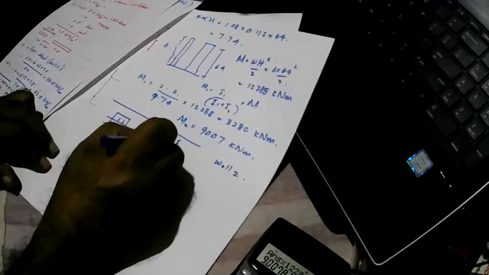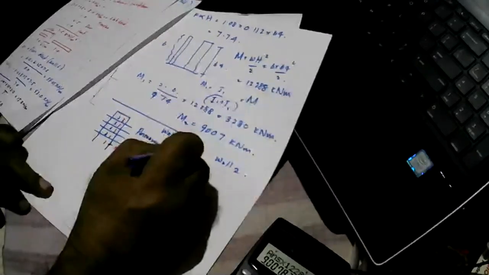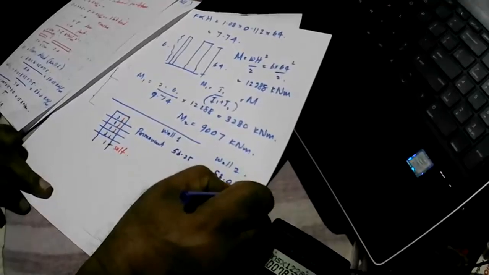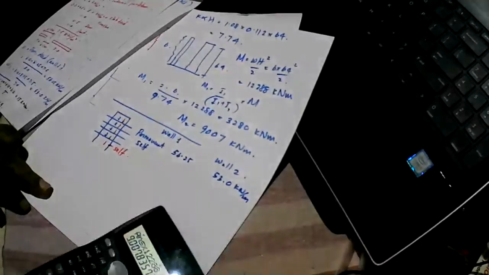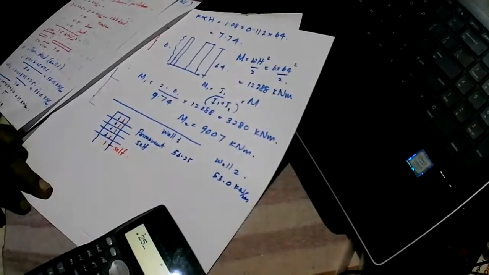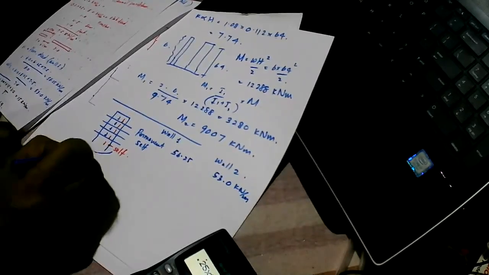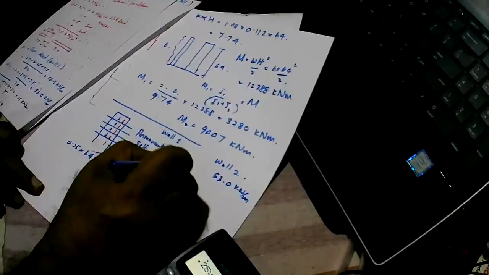Permanent loads. We calculated that 56.25 and 53 kilonewtons per meter, and self-weight is 0.25 multiplied by 64 multiplied by 25. Self-weight is 400